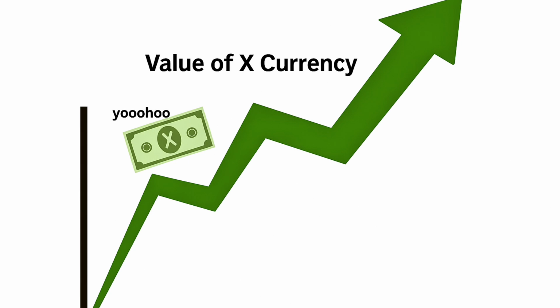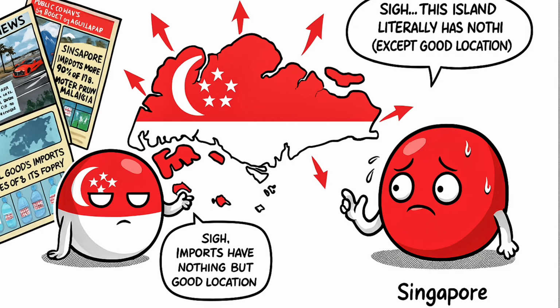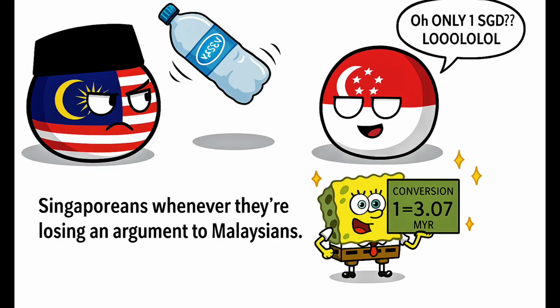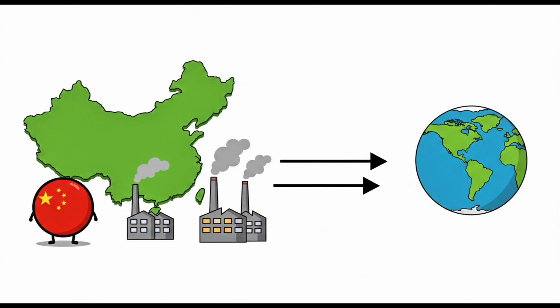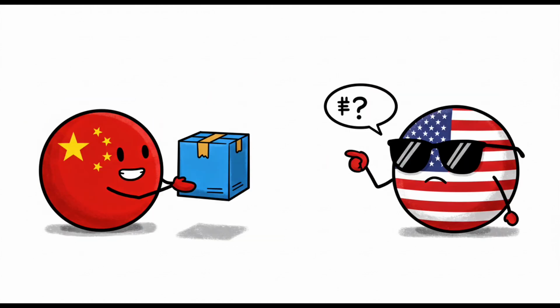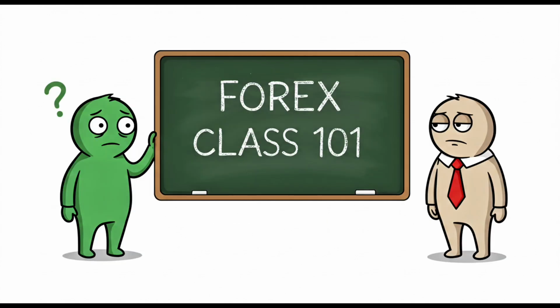As you have seen, what defines the value of a currency varies greatly from country to country. Countries have different needs. For example, a country that relies heavily on imports, such as Singapore, may benefit from having a strong currency. Wanting a strong currency can be good for making imports cheaper. But for a country that exports a lot, like China, a weaker currency can be more advantageous. It may prefer a weaker currency so that its goods are cheaper abroad. This is why China often keeps its currency artificially undervalued. Does this work? Well, that's a whole other